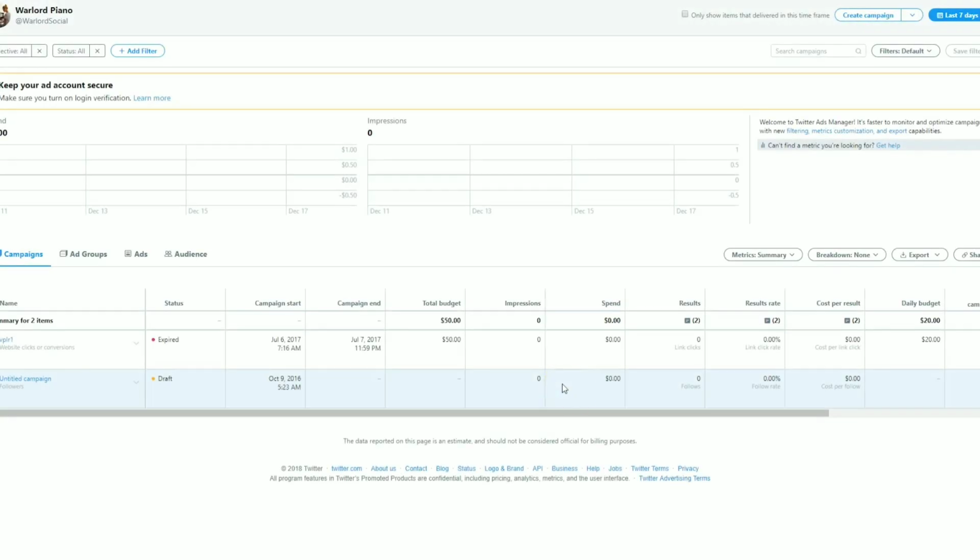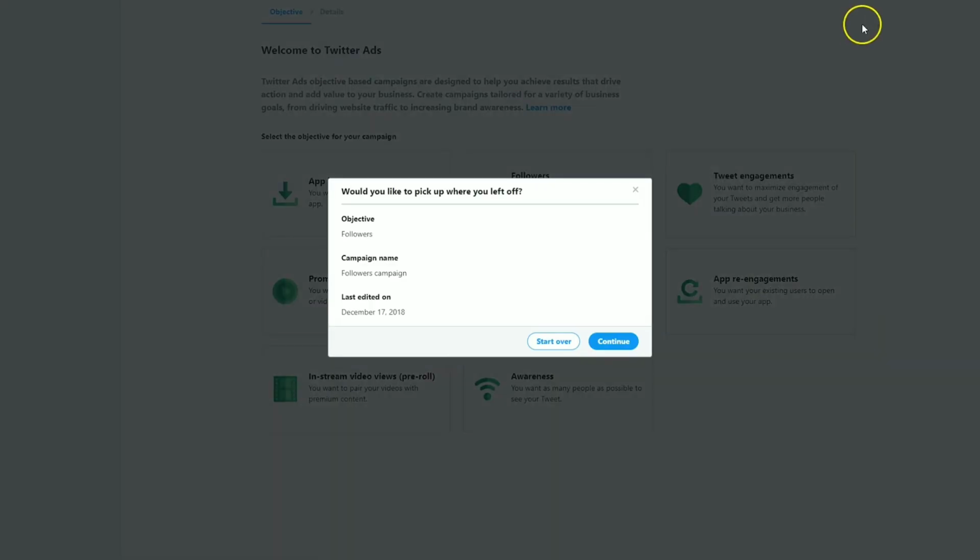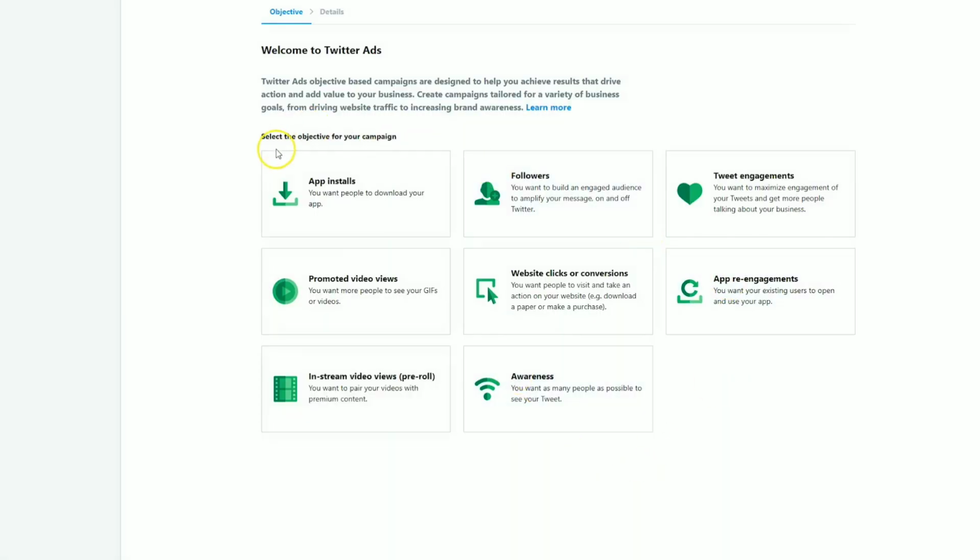Okay, so here we are on the Twitter dashboard. We're going to come up here to Create Campaign. Click Start Over. And let's talk about these Twitter campaign